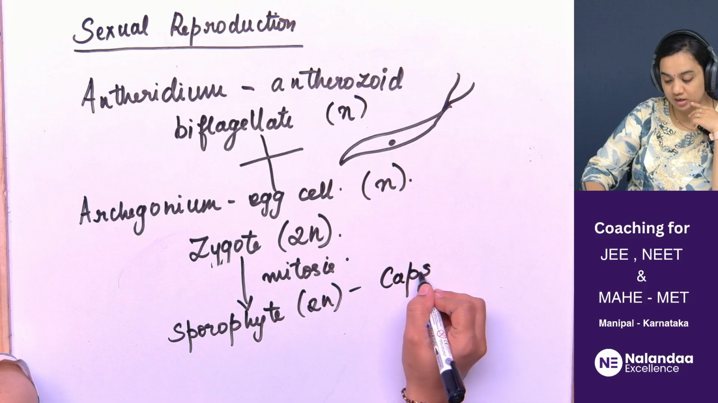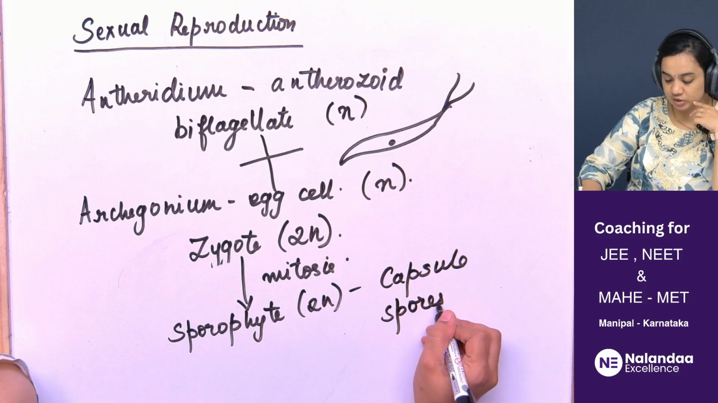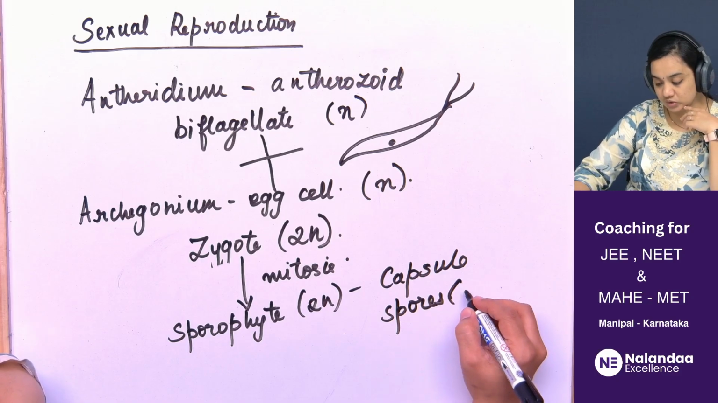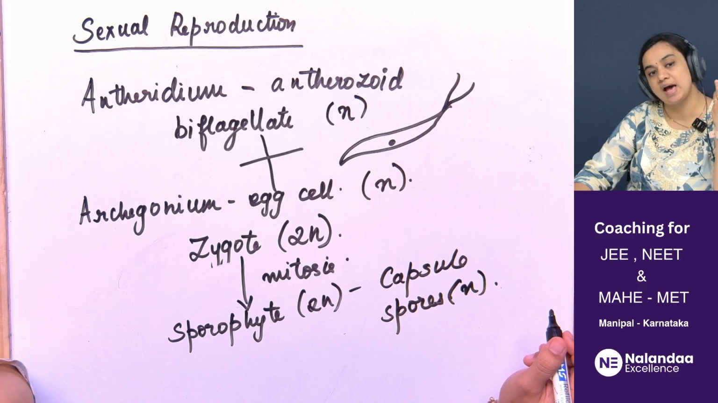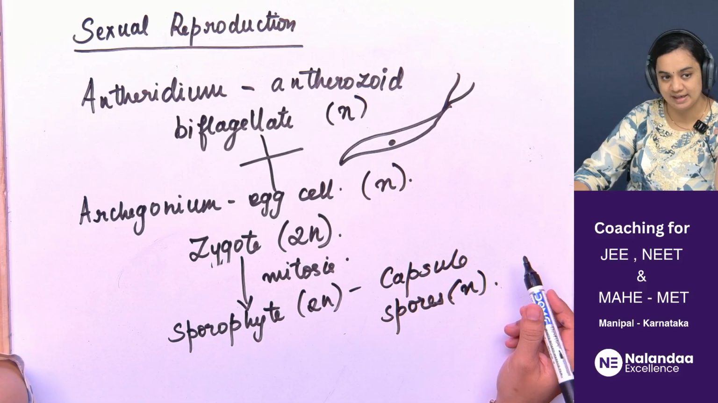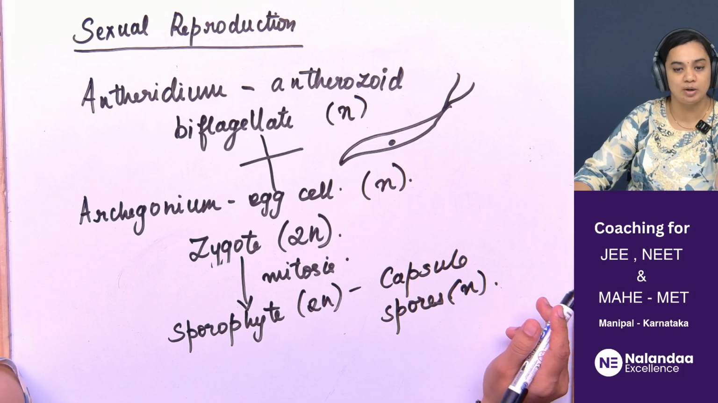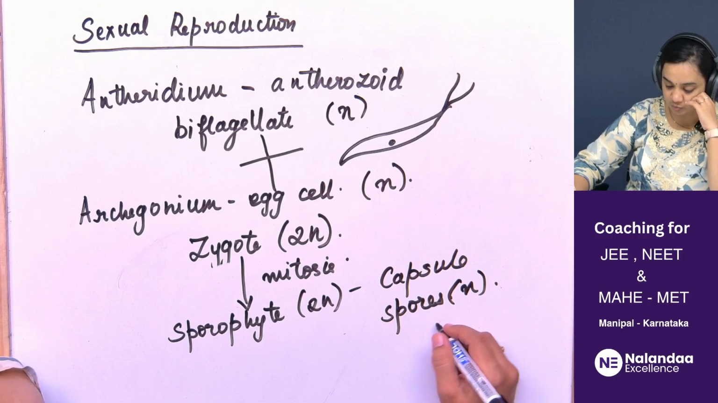A capsule with spores in it. Okay, so the sporophyte consists of a capsule that will produce haploid spores inside of it. Once the spores are mature enough, they will be released, and the released spores will give back the gametophytic plant body of bryophytes. Is this clear? So the spores will